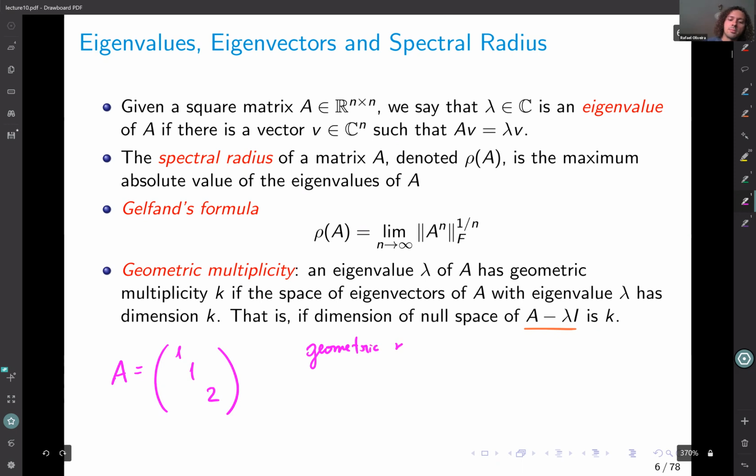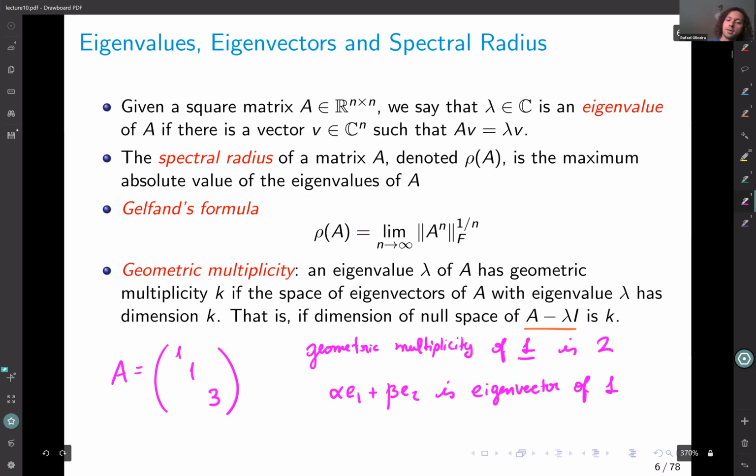So the geometric multiplicity of the eigenvalue 1 is exactly 2. Maybe let me put 3 here just so that this 2 does not become confusing, right? So the geometric multiplicity of 1 is actually 2. And why is that? Because any vector of the sort alpha E1 plus beta E2 is an eigenvector